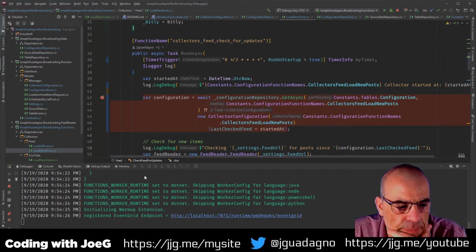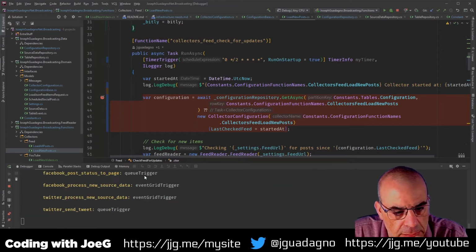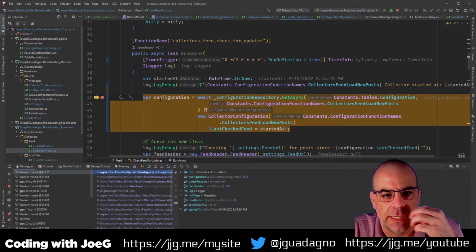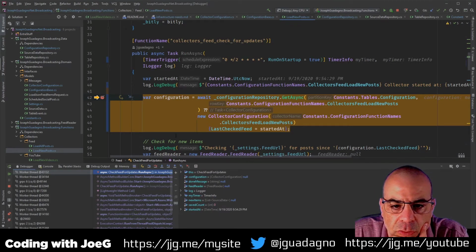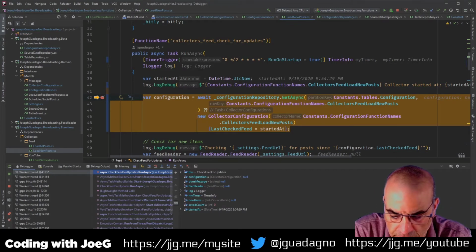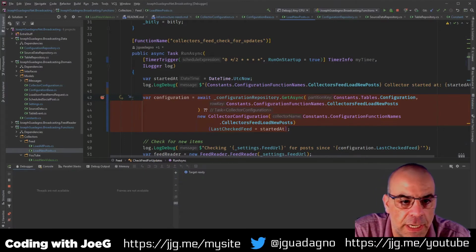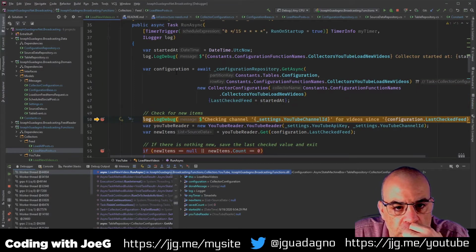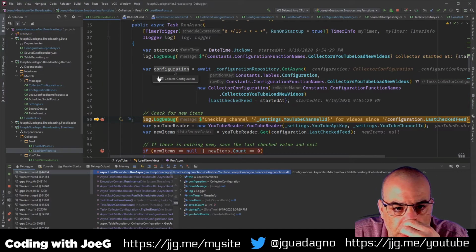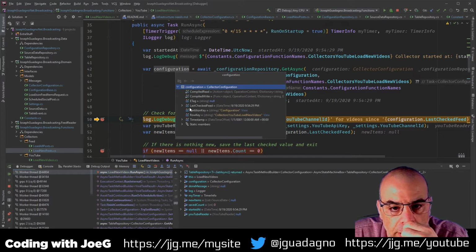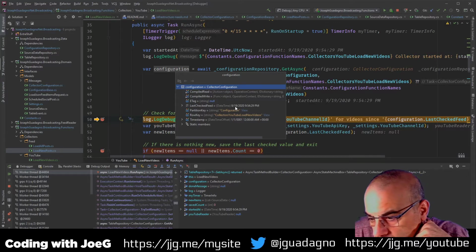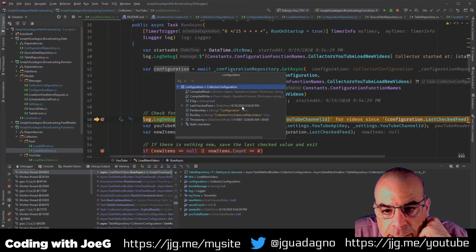Everything's green. Got 7, no reds. And now we're here. So if we look, once we step over this, so 10, it should create a new configuration item with the last updated time to be right now. 9/19 is the date, and this time is in UTC.